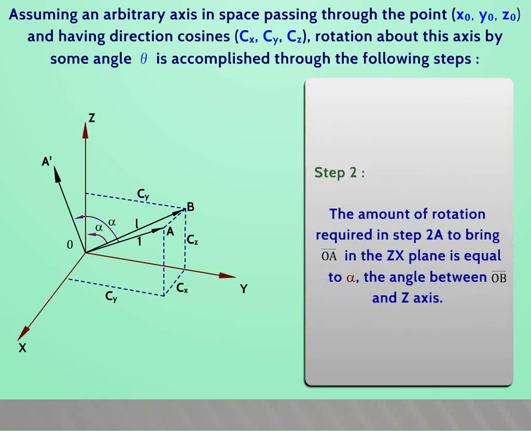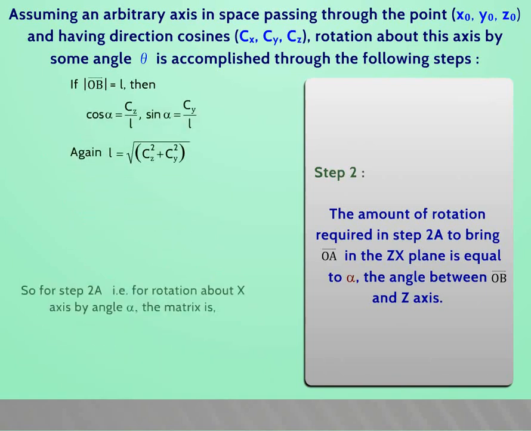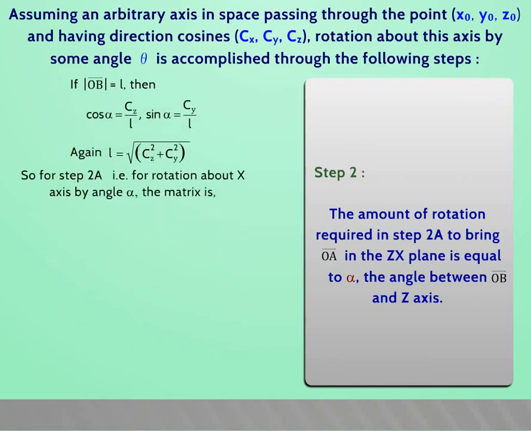The amount of rotation required in step 2a to bring OA vector in the ZX plane is equal to alpha, the angle between OB vector and Z axis. So for step 2a, that is for rotation about x-axis by angle alpha, the matrix is